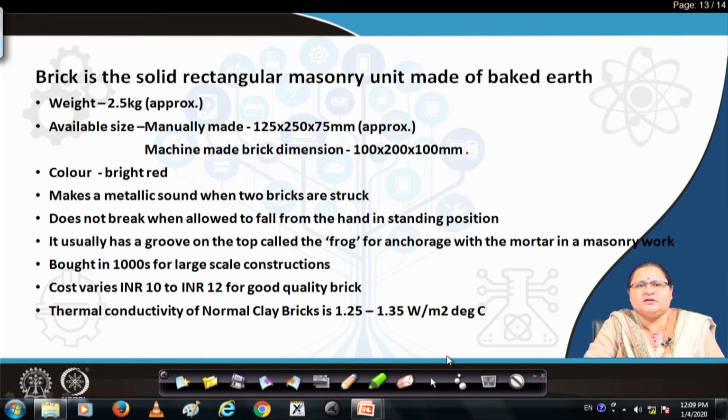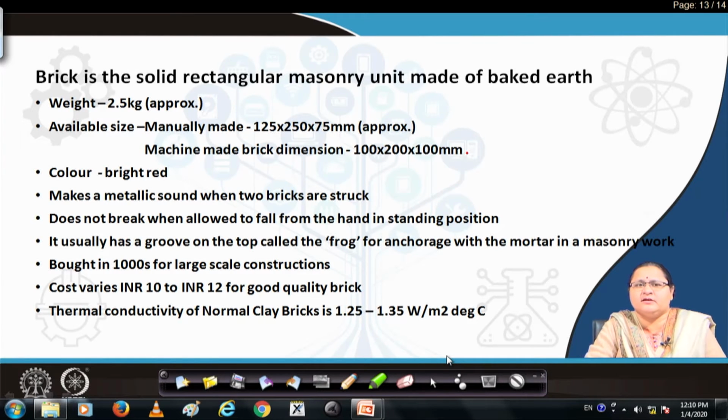It is usually purchased in thousands or also in hundreds, but if it is a big project, it comes in thousands and so is the cost. But an individual brick costs 10 to 12 rupees. Across the country it varies, it may be more also. It should include the transportation cost. So, where it is coming from also adds to the cost. If you remember these basic points, it will be helpful for you.